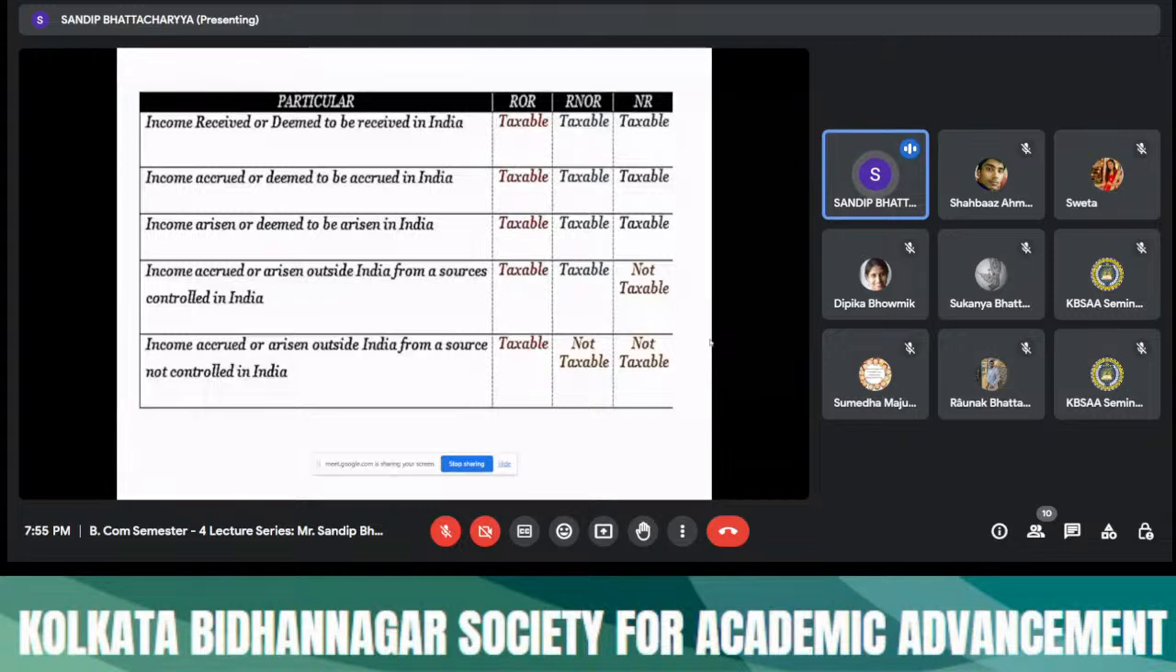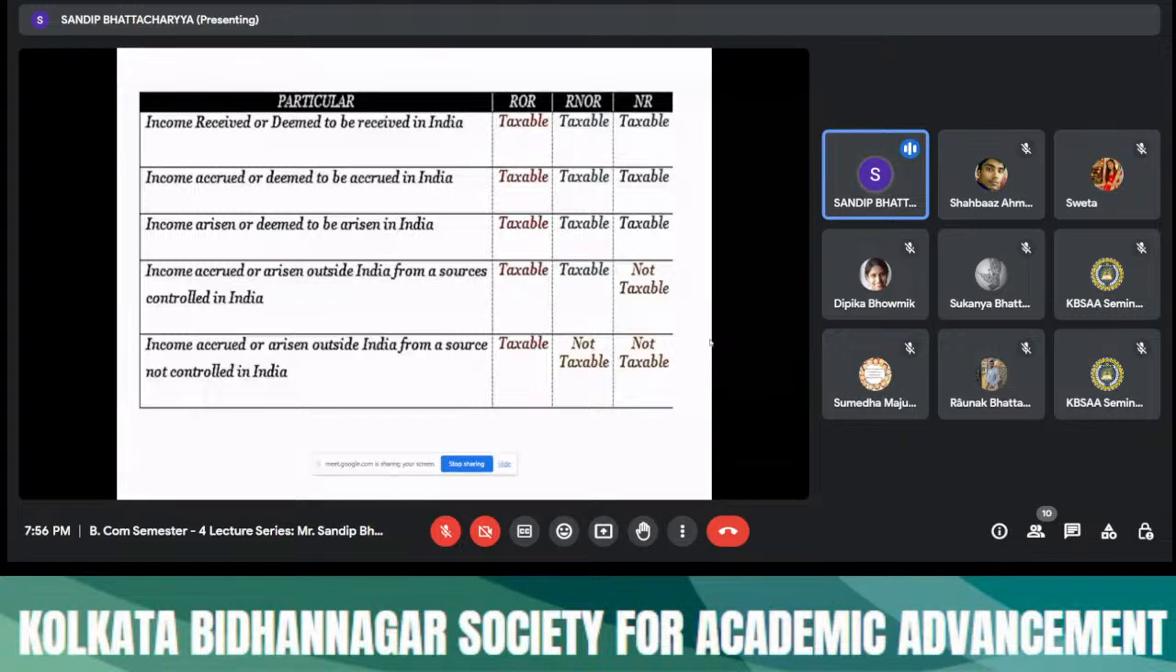Income generated in India or income accrued in India, income received in India, income deemed to be received in India. In both the sections, in 3 cases it will be taxable. But see point number 3, that is the income arisen or deemed to arise in India. Again the 3 cases will be taxable. But